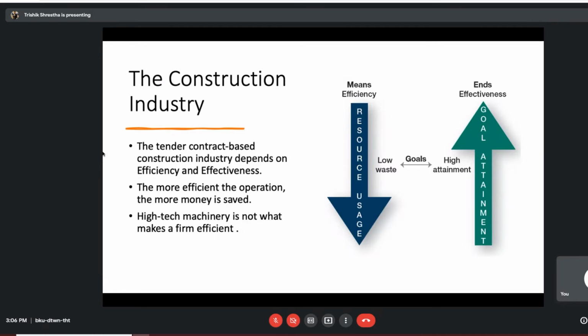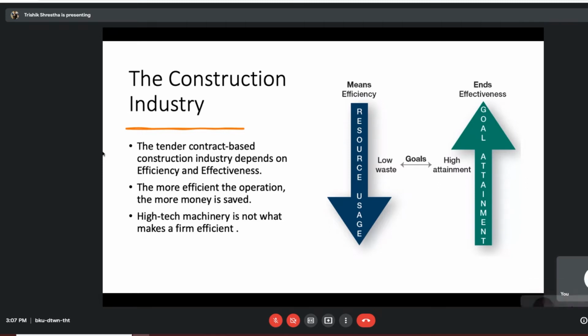The efficiency comes in for you. How do you make money in the construction industry? That is answered by the term efficiency. If you are efficient in the construction industry, then you tend to make money. If you have a lot of wastage, if you're using more raw materials than you have to use, if you're using more labor, manpower than you have to use, if you're using more time than you have to use, then what is possible? Then you tend to lose money. Then you tend to bleed money, actually.